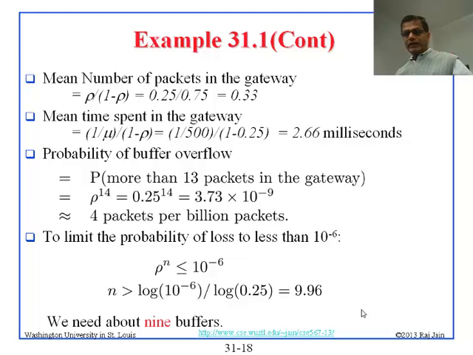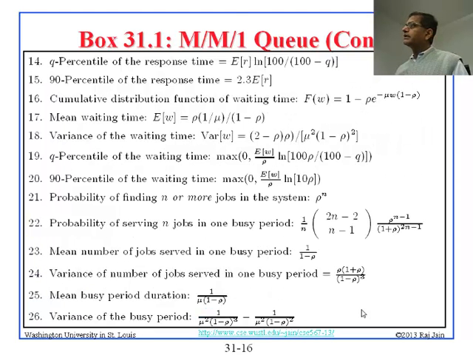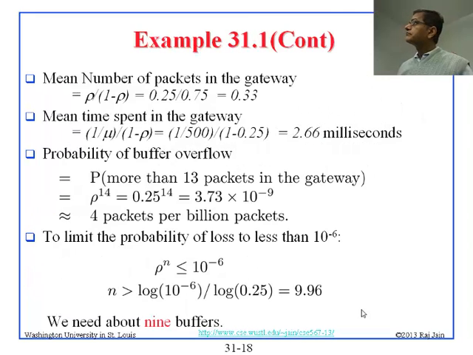Okay, if you go back to the book, here it says probability of finding n or more jobs is very simple, rho raised to n, right? N or more. So this is the probability of n plus 1, n plus 2. You add up that whole series, that adds up to rho raised to n. So we use that. So probability of more than 13 packets, so 14 and up,